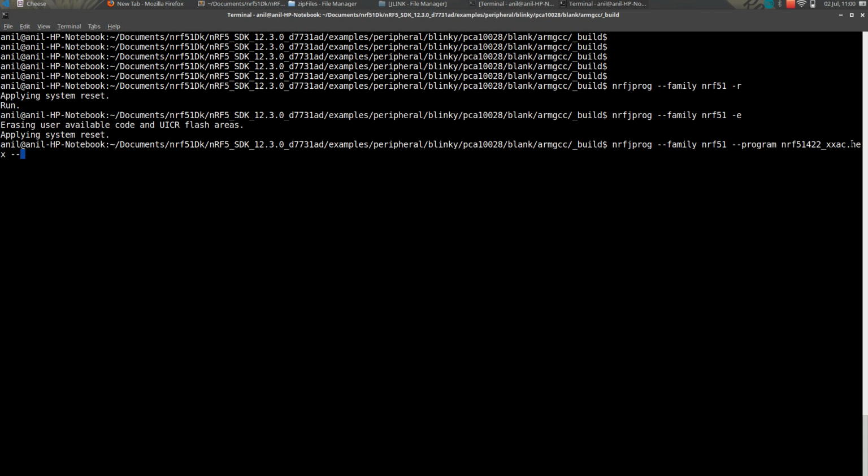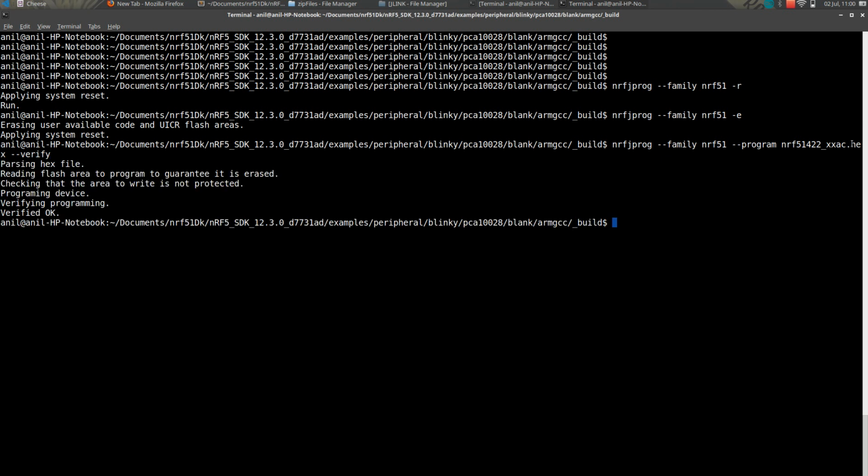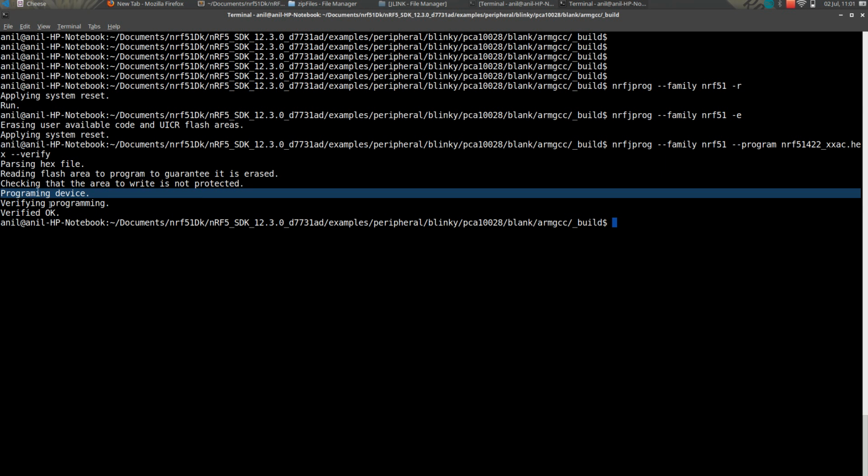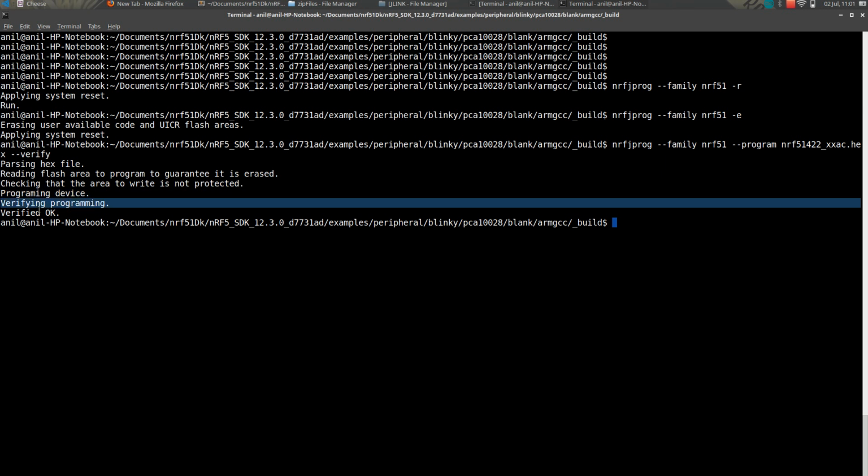Then we can add an extra option to verify the flashing. You can see it is checking that the data is written, not protected, programming device. Once it is programming, it is verifying the programming, then it is verified.